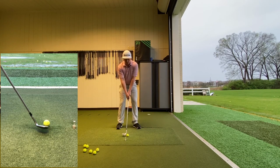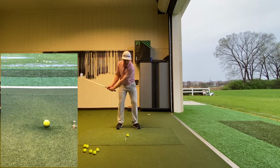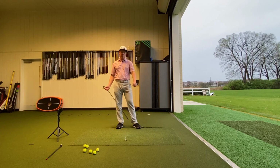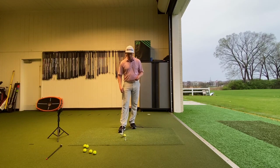My hand would be in a little bit more extension than flexion with the other shot. And then from there, I can hit soft little pitch shots if I maintain my wrist angles. So that's a good little point to talk about when I set up to hit these short little shots,